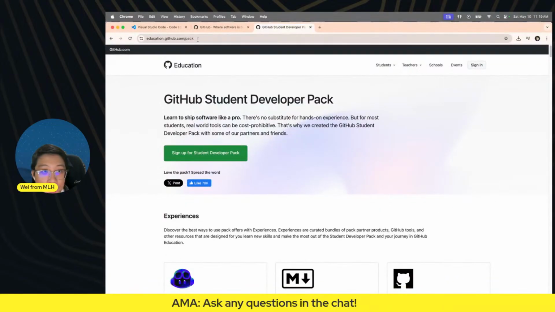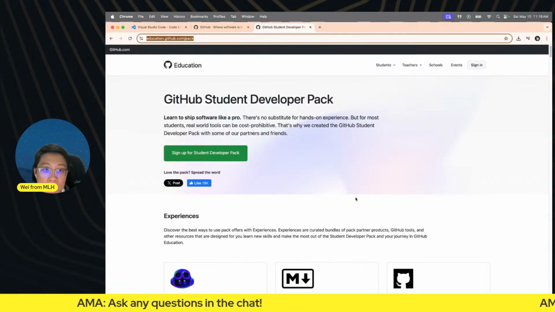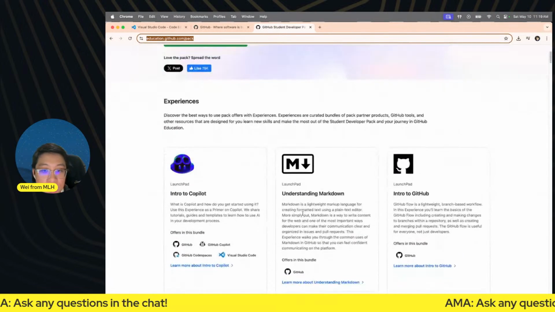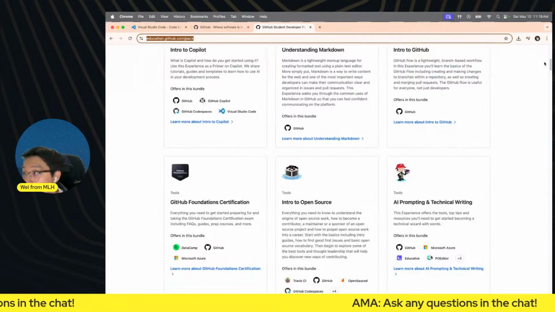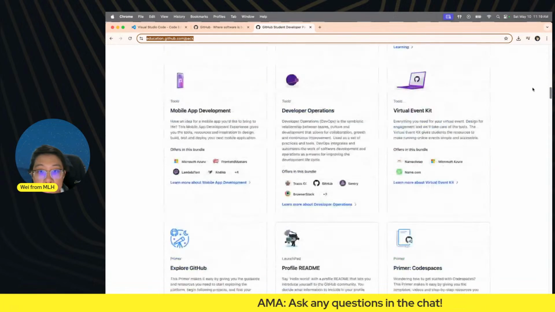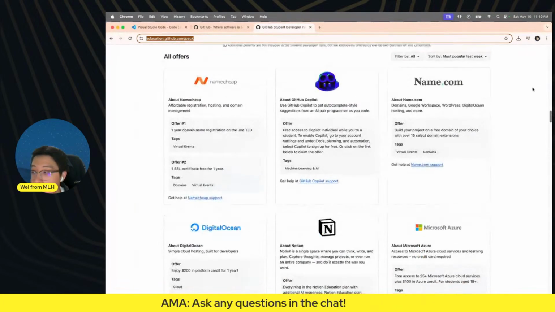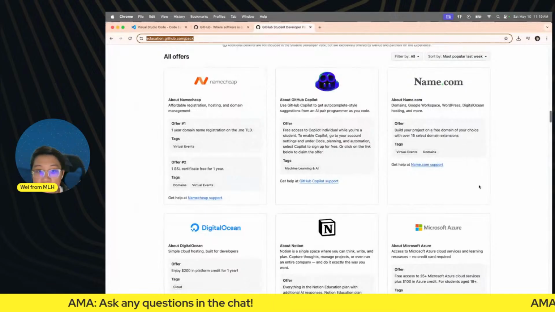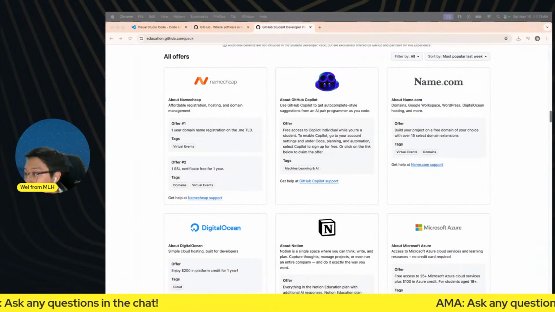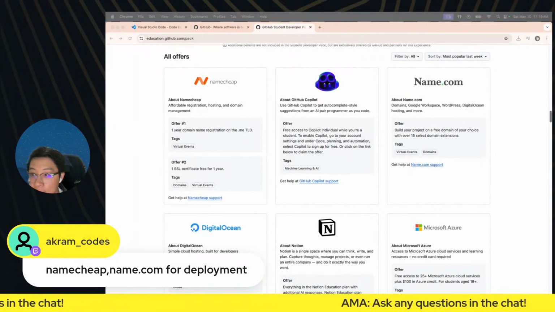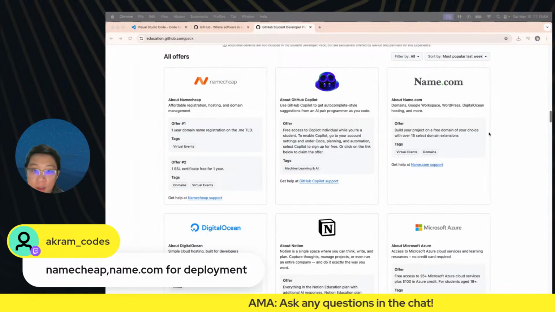This is the page that has all the GitHub Student Developer Pack benefits. And this is a long page if you look at the scroll bar. Let me just scroll down a little bit. So with GitHub Student Developer Pack, yes, we get Namecheap, name.com as well for the domain name.